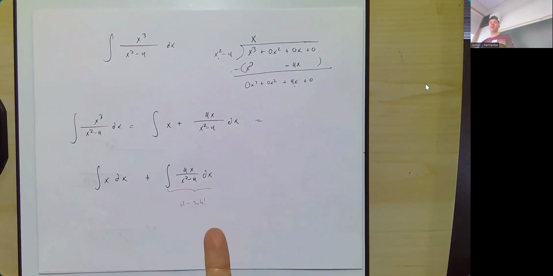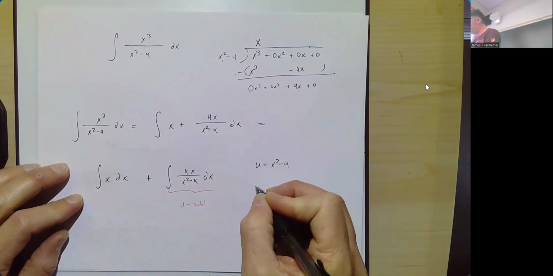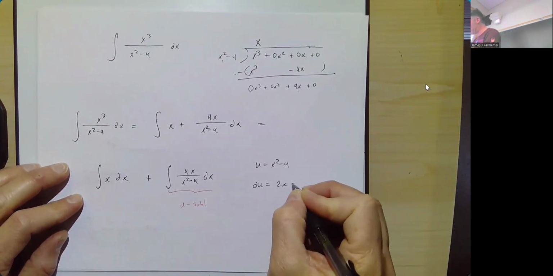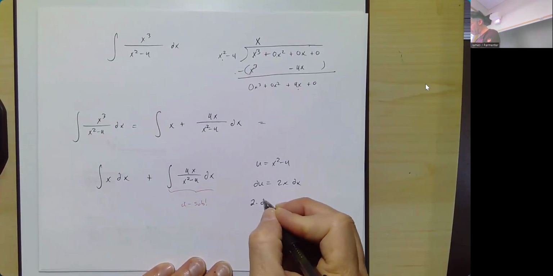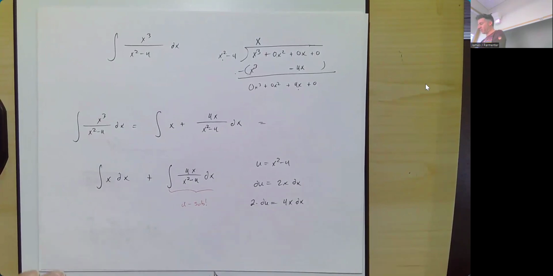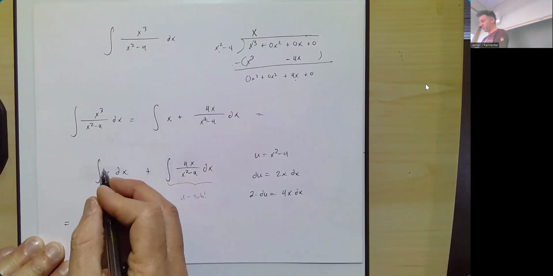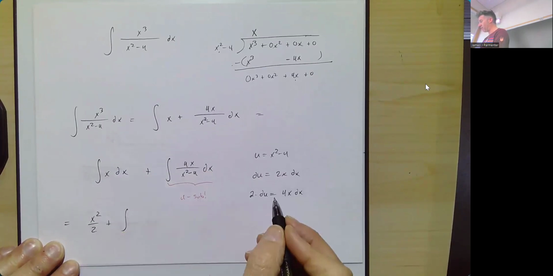You could also do partial fractions though. You shouldn't. If you can do a u sub, that is the thing you should do. You shouldn't do partial fractions. But here, if we let u equal x squared minus 4, du is going to be 2x dx. I'm going to go a different direction slightly and say that 2 times du is equal to 4x dx. And then rewrite this as the integral of x, which is x squared over 2, plus the integral of 4x